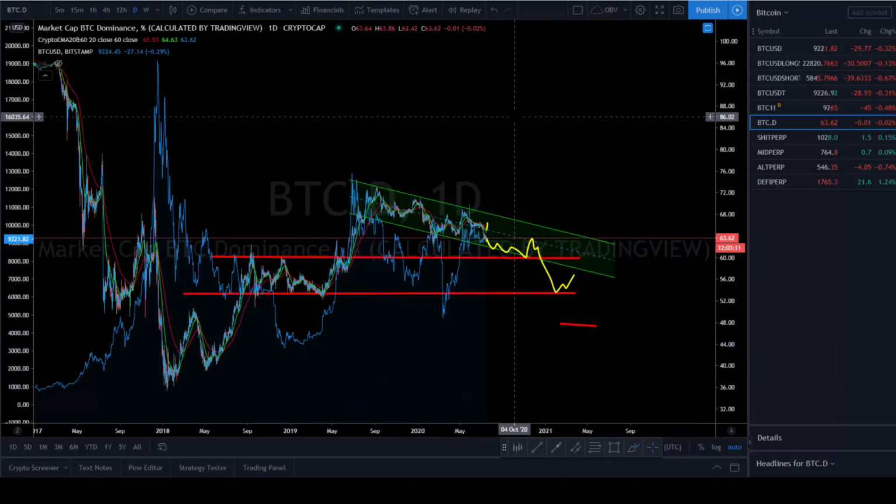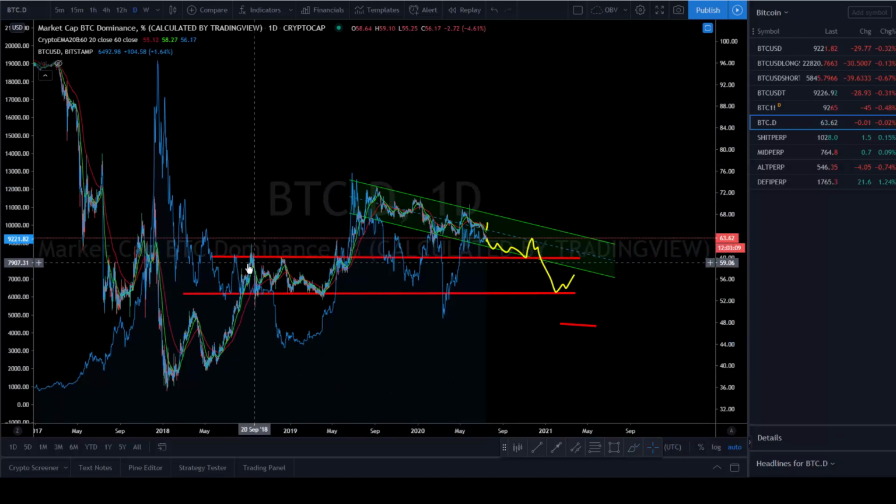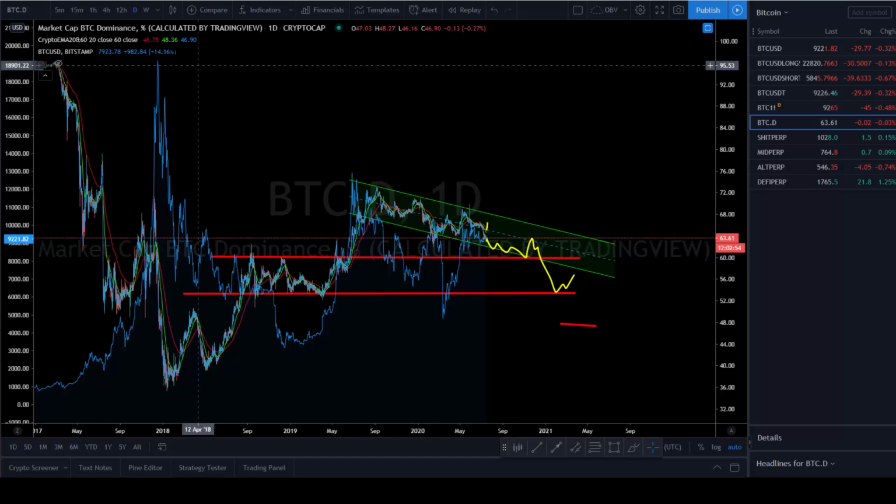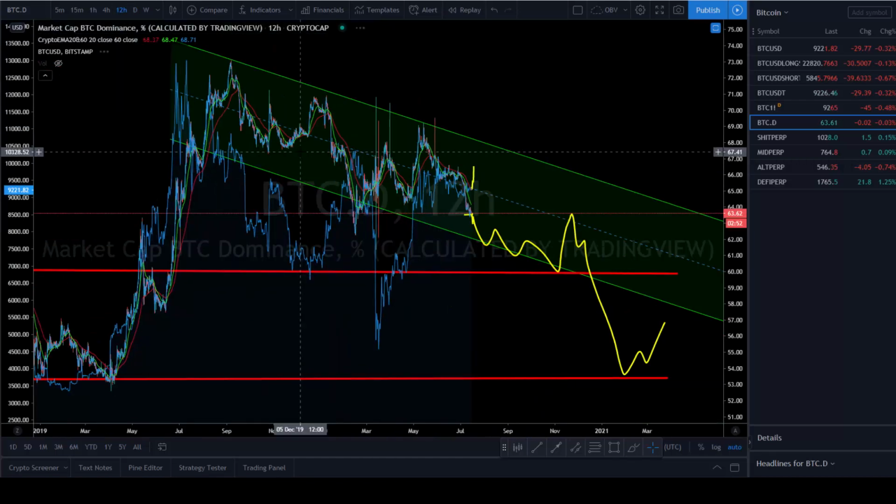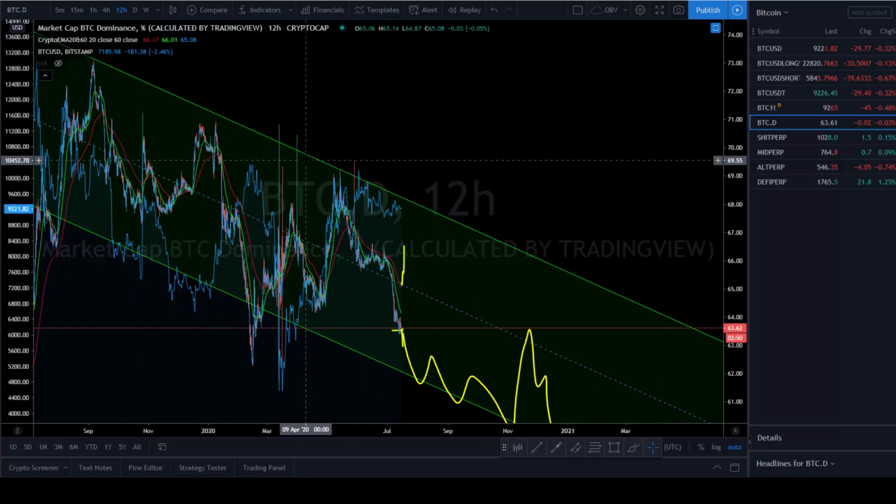And of course, there's no way to know the future, but by laying out the past support and resistance and the parallel channels, we can identify places that we will watch more closely for 1, 2, 3 bottom formations in dominance, which would mean that we are seeing 1, 2, 3 top formations in the altcoins. When those two things pair up, we'll certainly be seeing it in our bull market watch color coding.